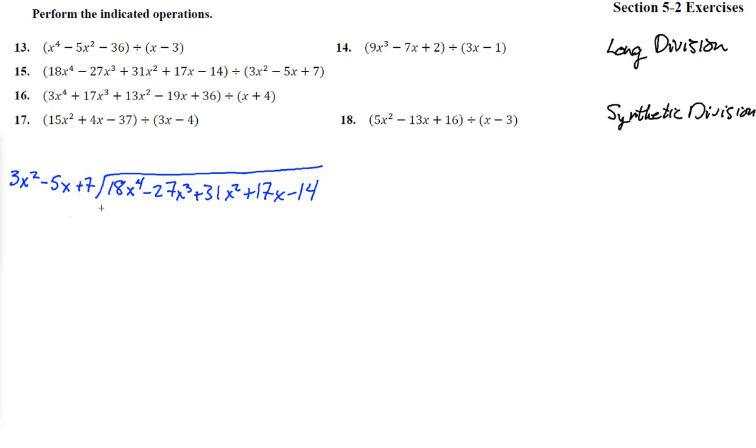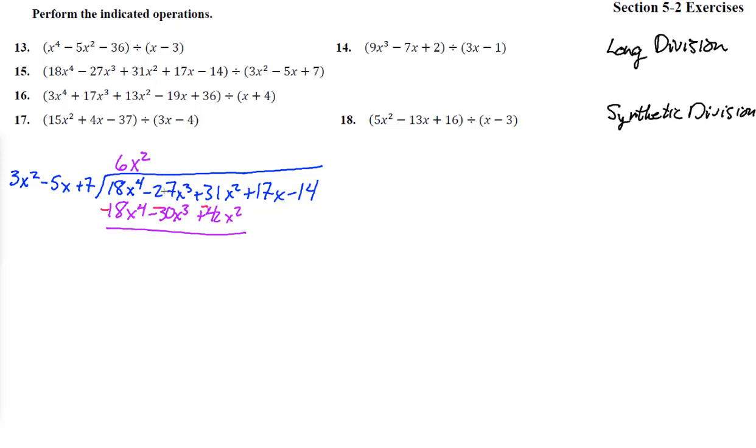Let's put that in a different color as we work through the problem, just to separate it out from that. That goes into it 6. 3 goes into 18 6 times. X squared goes into x to the fourth x squared times. So take this times the whole thing, and you get 18x to the fourth minus 30x cubed plus 42x squared. And remember, we subtract, subtract, subtract. And that will give us